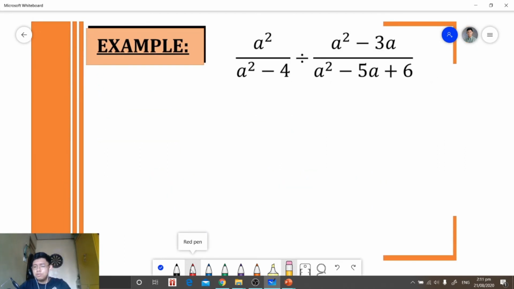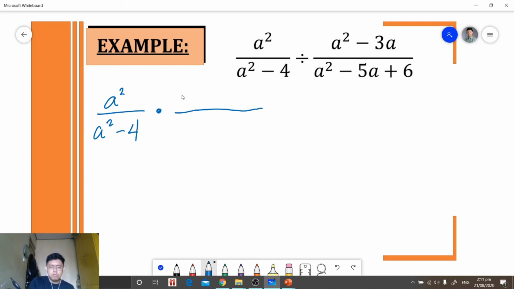Alright, for example, we are dividing these two rational expressions, so we're going to follow the steps in dividing rational expressions. So first step is for us to get the reciprocal of our divisor. So let's convert. Okay, copy our first rational expression. Okay, change the operation to multiplication and then get the reciprocal of our divisor. It will be a squared minus 5a will serve as our numerator, and a squared minus 3a will now be